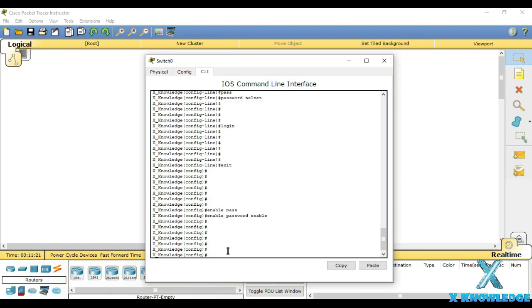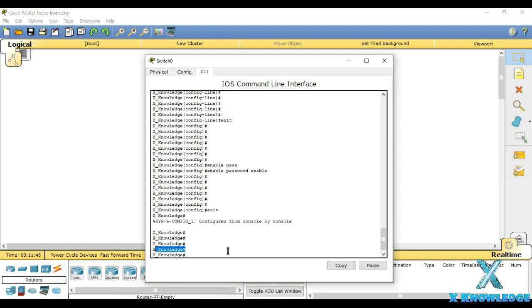All right. Okay, so the next thing which we will be doing is saving this configuration, the running configuration which we have done till now. To save the configuration, we will have to go to the privilege mode, so just exit from the global configuration mode. So we are in privilege mode. How do you identify that you are in privilege mode? Just see the hash sign out here.